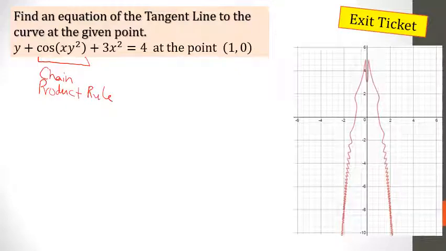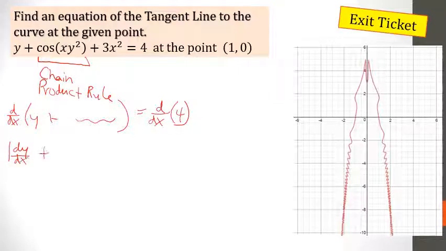So when I find the derivative with respect to x of the left side, I first have 1 dy/dx plus the derivative of cosine is negative sine, the inside alone, times the derivative of the inside,